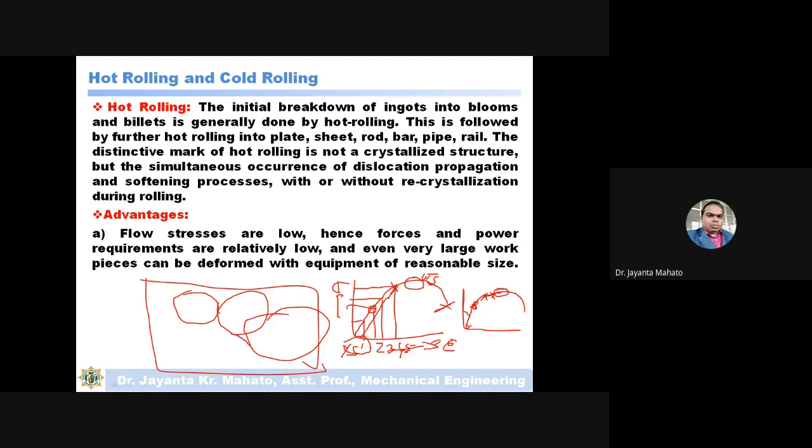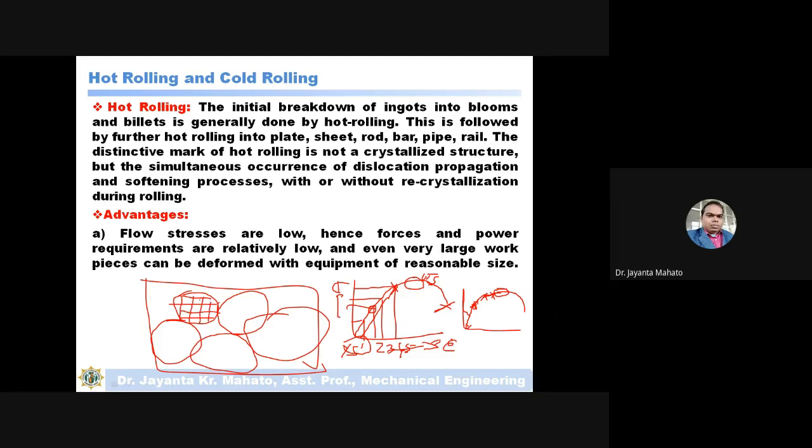So suppose this is the grain structure of a material. In this grain, all the atoms are arranged this way.